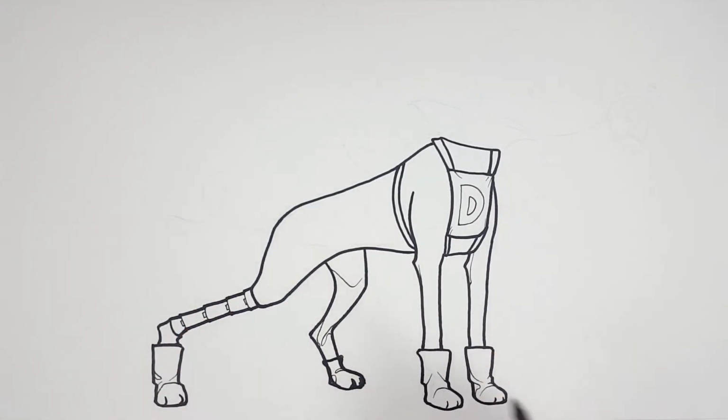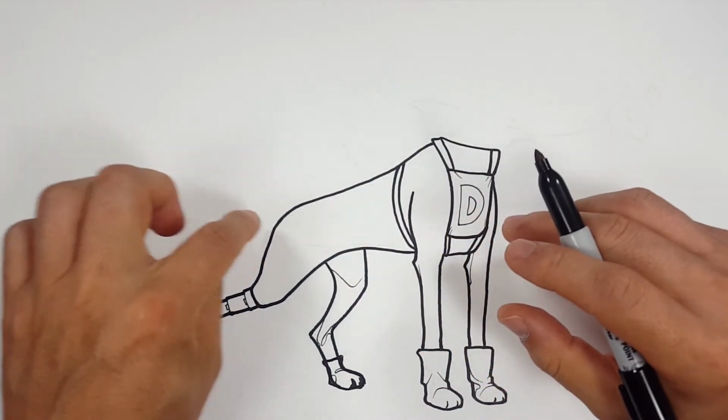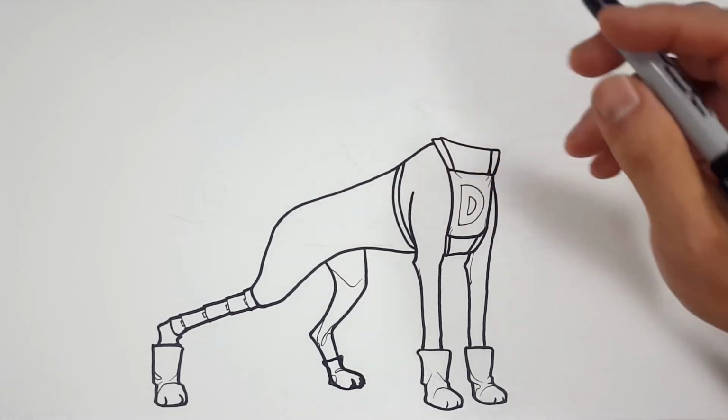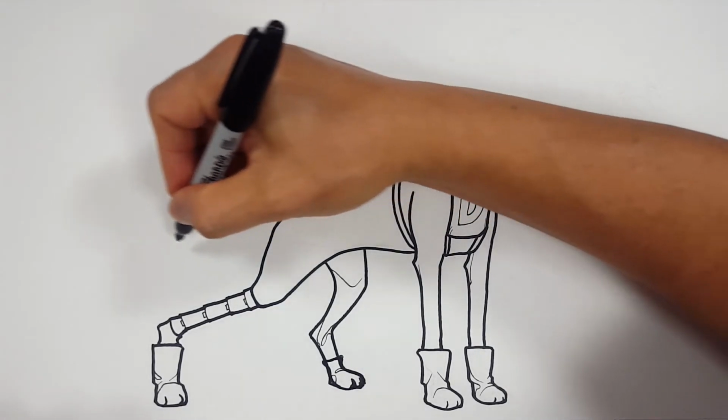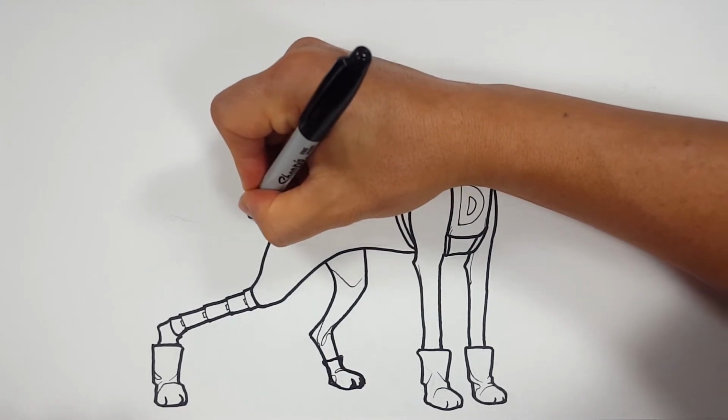Okay, let's do the same thing on the tail. Because a Doberman, a lot of times they snip the tails. You shouldn't. Don't mutilate your dog. So let's do a tail that's out like that. Okay, so let's do the top part like this,